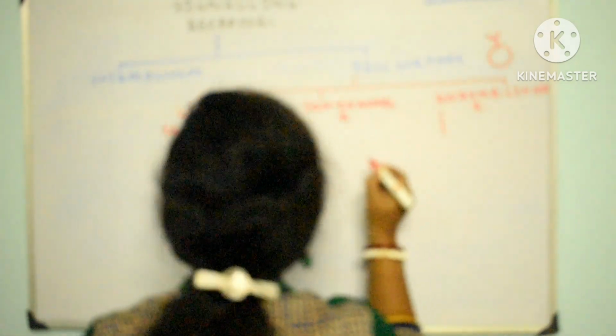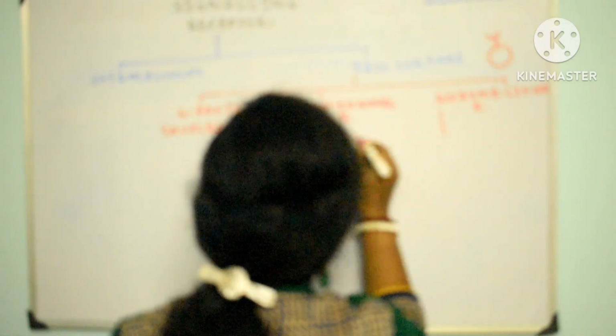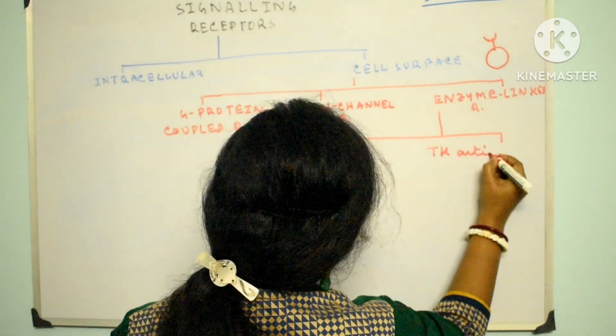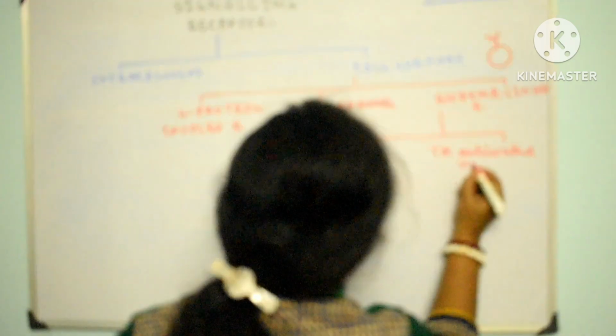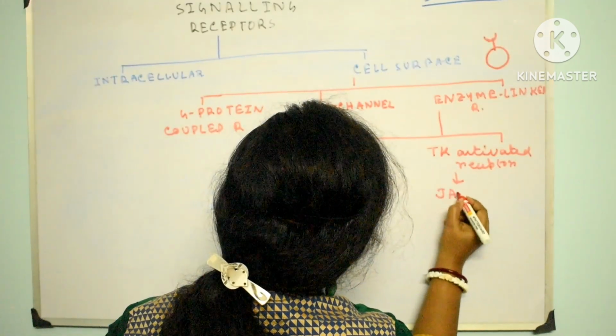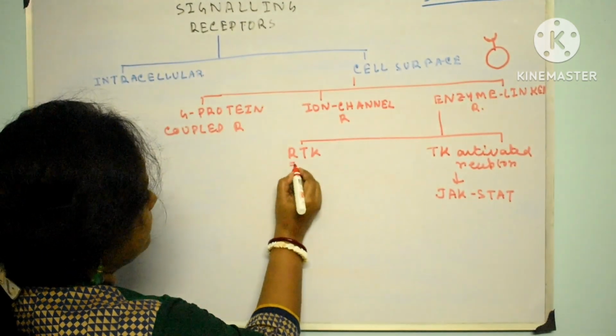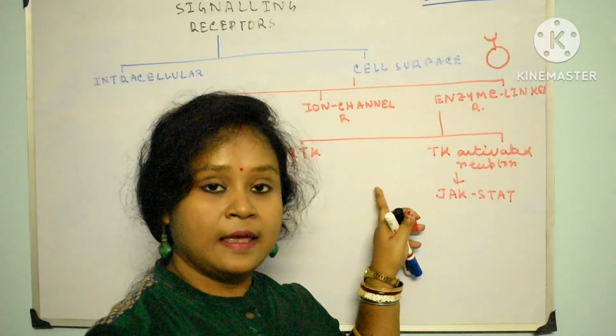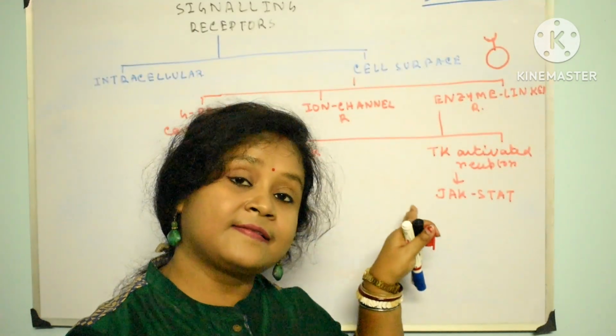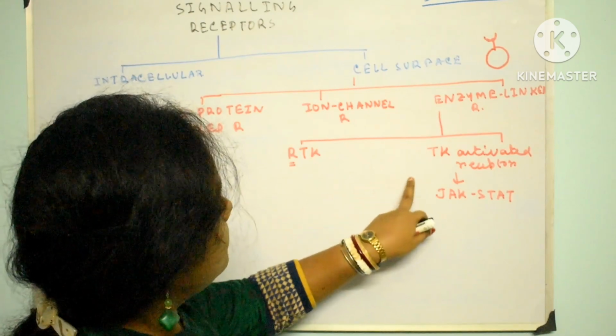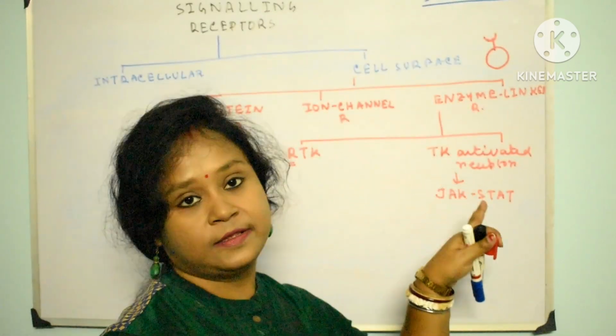Enzyme linked receptors are of two types. First one is RTK, and RTK means receptor tyrosine kinase. Second one is tyrosine kinase activated receptor. An example of tyrosine kinase activated receptor is JAK-STAT, which is in your syllabus and very much important. In case of RTK, tyrosine kinase itself acts as the enzyme-linked receptor, and in case of tyrosine kinase activated receptor,